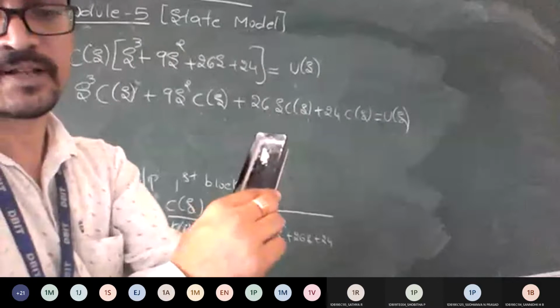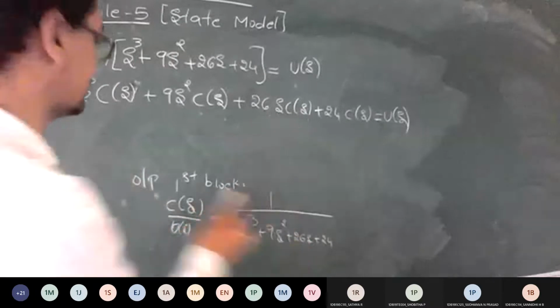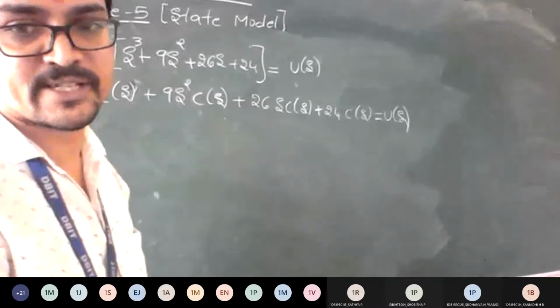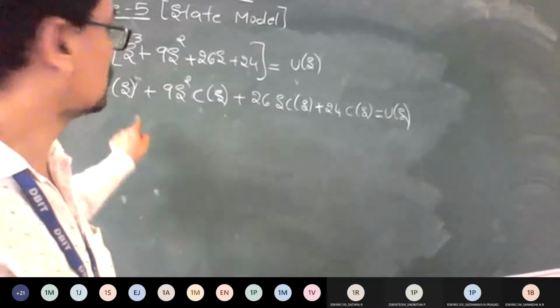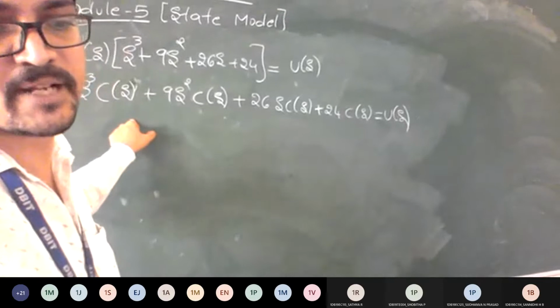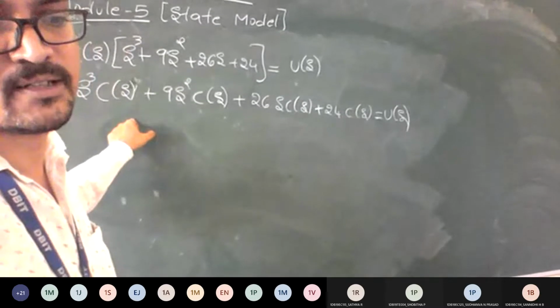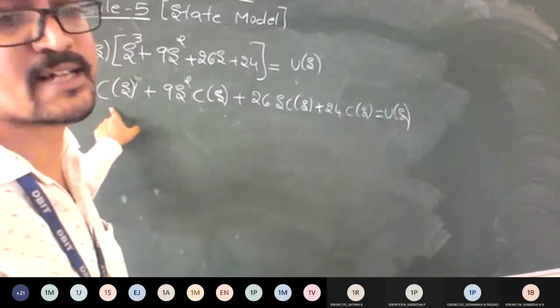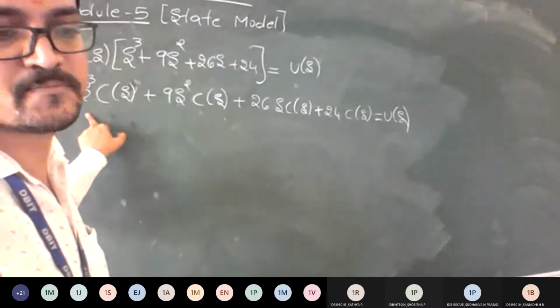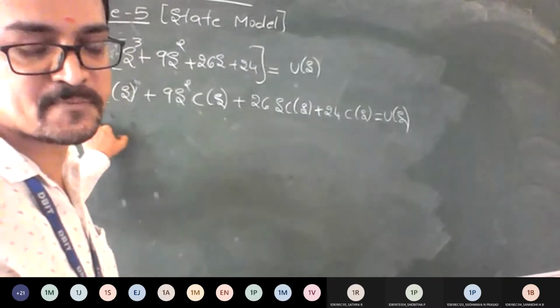So just a second, I'll erase this. You have plotted it right. The transfer function we have split into two blocks. One block I have taken as an intermediate output. That cross multiplication has happened here. So now we got this as an answer. Now tell me what S cube indicates. Is it third differentiation?